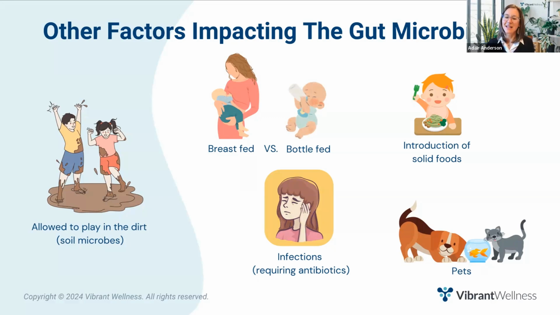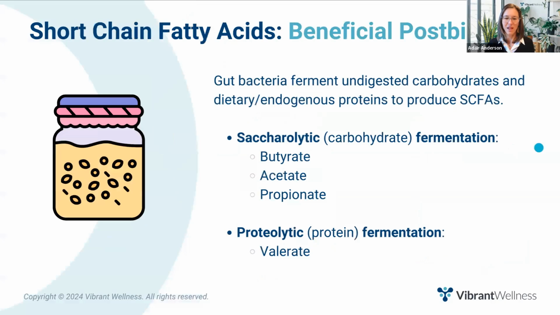While Shannon's Index indicates low diversity, I usually skip ahead to the panel on short-chain fatty acids to gain additional insight. If someone has low diversity dysbiosis, you'll likely see low levels of short-chain fatty acids. Now, as you likely know, gut bacteria produce short-chain fatty acids by fermenting mainly undigested dietary carbohydrates like resistant starch and dietary fiber, and to a lesser extent, dietary and endogenous proteins. So saccharolytic fermentation produces butyrate, acetate, and propionate, and proteolytic fermentation produces valerate.